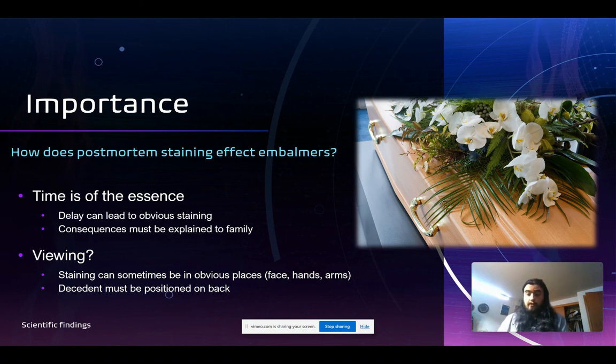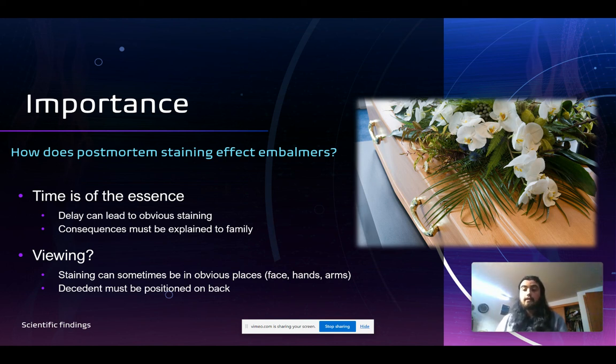As I showed earlier, there is a point of time, usually between the 8 and 12 hour mark, where that staining can eventually become permanent in certain parts of the body, and embalming is not always able to get those stains out. So as we wait longer and longer, the unfortunate reality is those stains may become permanent. And we need to be able to explain these consequences to a family of delaying that decision. Though we never want to rush a family into making a decision like this for their loved one,